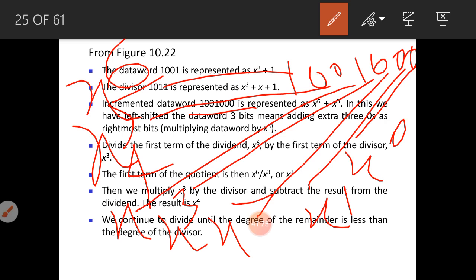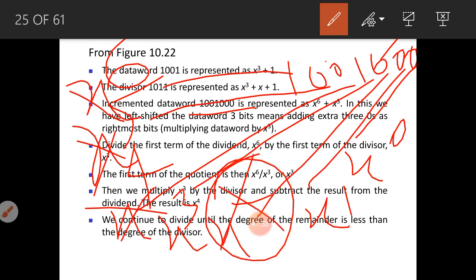Here also we need to remove the zero coefficient terms. What are the zero coefficient terms here? The first one, x raised to 5, is a zero coefficient, you need to remove. And x raised to 4, you need to remove. And x raised to 2 we need to remove, and x raised to 1 you need to remove. x raised to 0 is also a zero coefficient, that you need to remove.